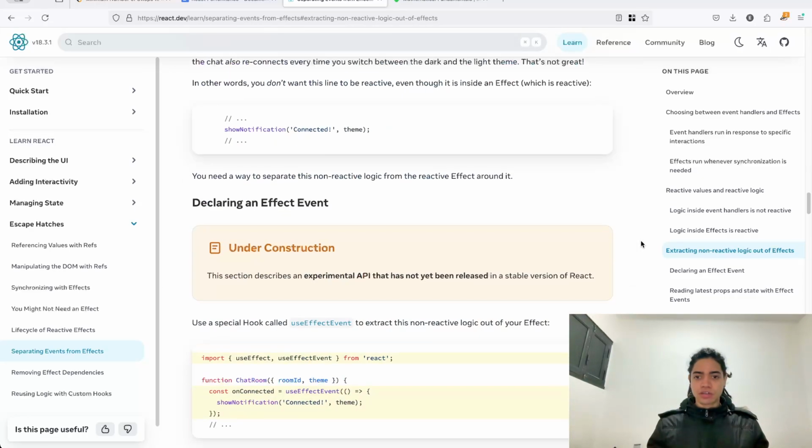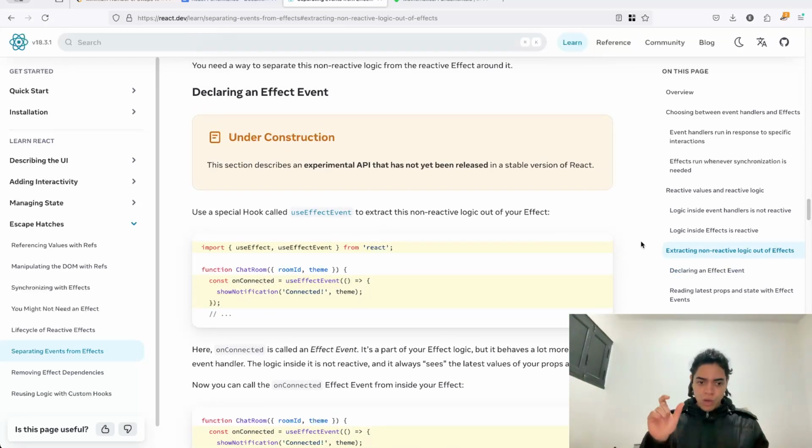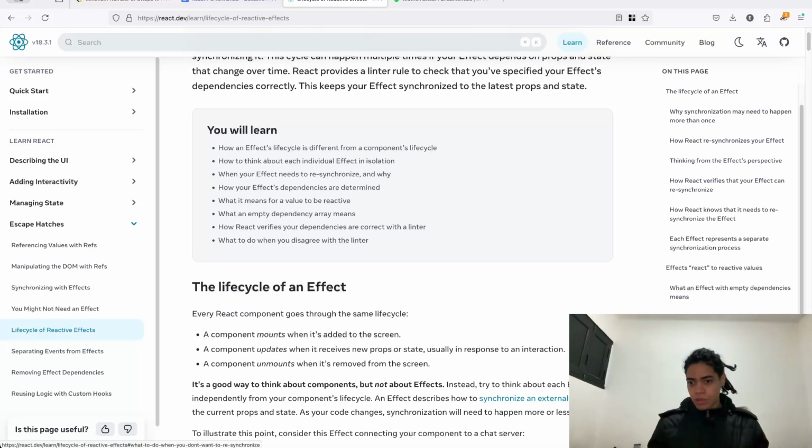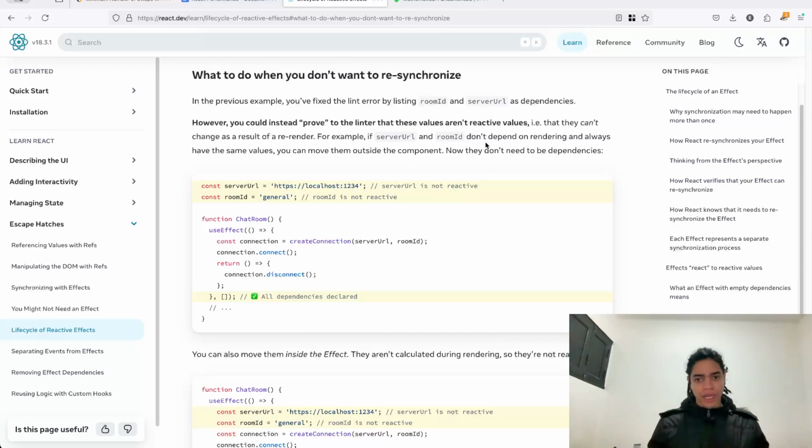And there's sometimes, because at the end of the day, as I mentioned here, effects react to reactive values, and what an effect with empty dependencies means. All variable declarations in the component body are reactive. React verifies that you specify every reactive value as a dependency. The linter actually enforces you to do that. And what happens when you don't want to resynchronize, when you don't want to call this side effect